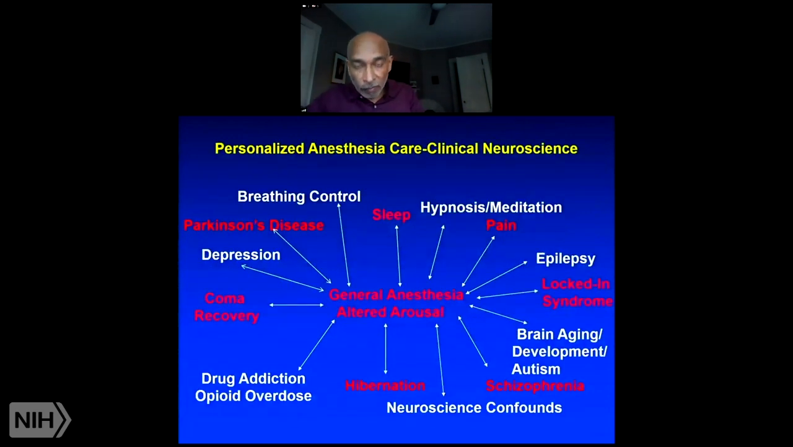And so this is the way I view general anesthesia. It's this field of clinical neuroscience, which has all these very cool interactions with other problems. But we can only realize these interactions if we take anesthesia seriously from the standpoint of neuroscience. And we can learn a lot about the brain by studying general anesthesia, and also contribute to studies in other